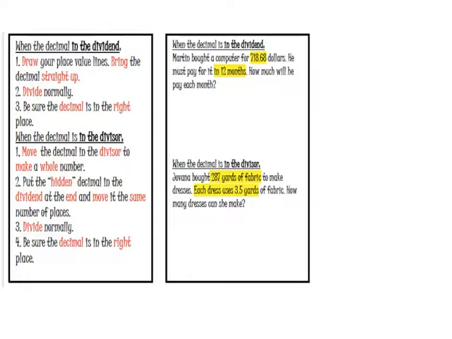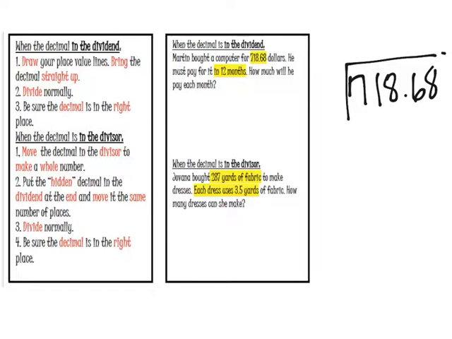Martin bought a computer for $718.68. He must pay for it in 12 months. How much will he pay each month? All right, so let's write our problem. So we have $718.68, and we're dividing it